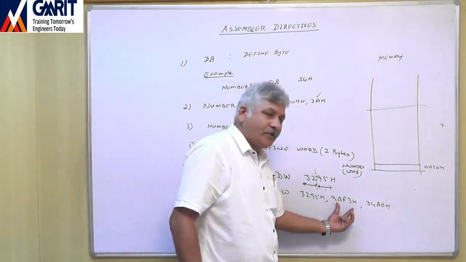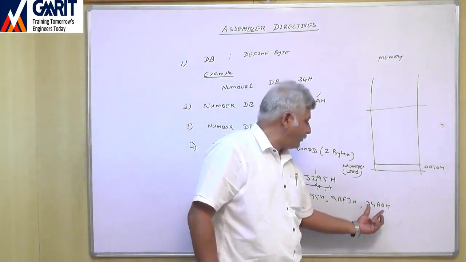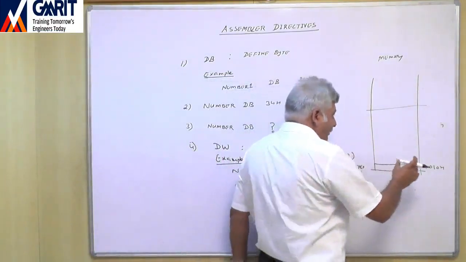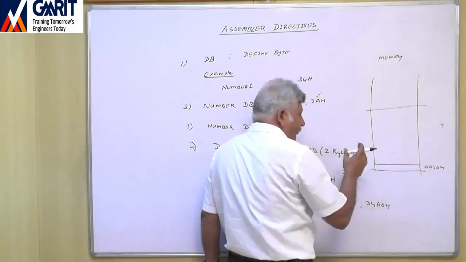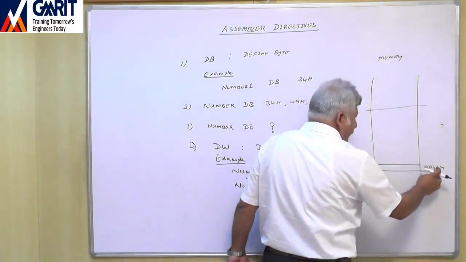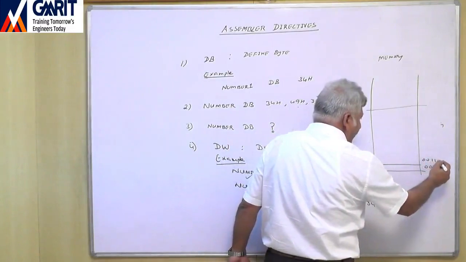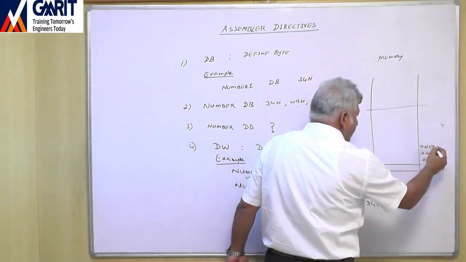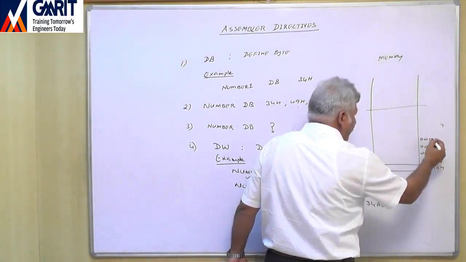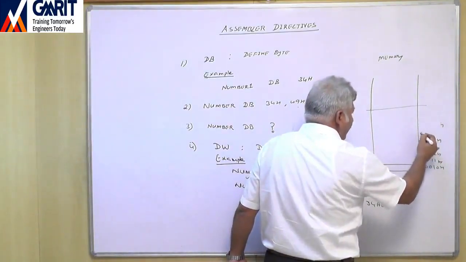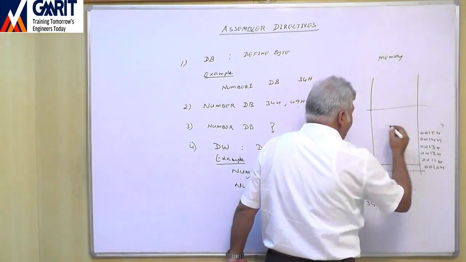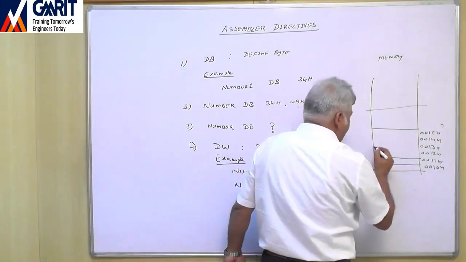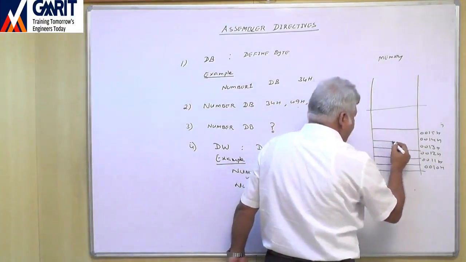Then two memory locations are required for the second word, and for the third word two memory locations. So total 6 memory locations are required. Since the assembler is reserving the memory from offset address 0010, we require 0011 also, 0012, 0013H, 0014H, and 0015H. So these 6 memory locations will be reserved